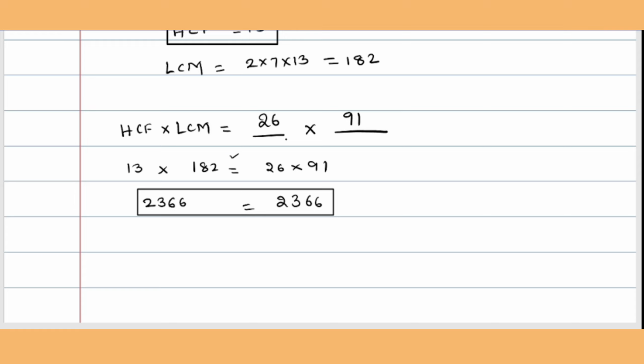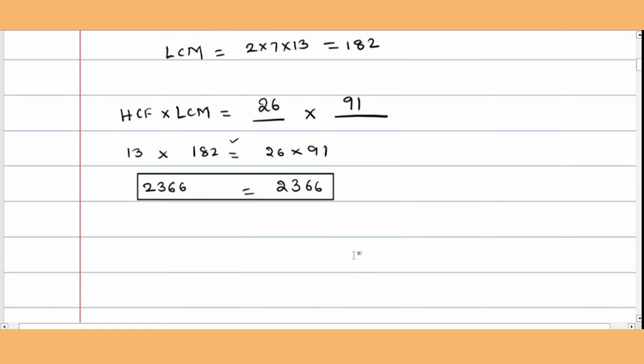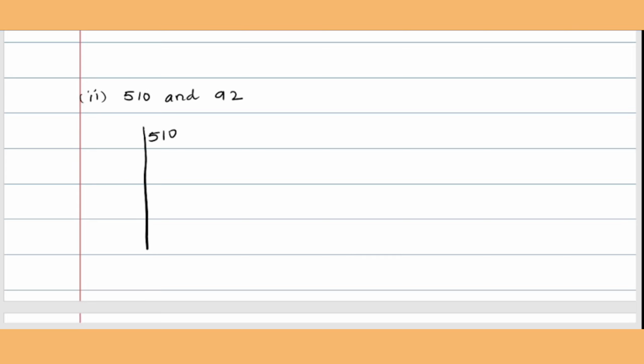We have done. Now we move to the next number, that is the next pair of numbers are 510 and 92. Now let's look at 510 and 92. The first step is prime factorization. The prime factorization of 510 is nothing but